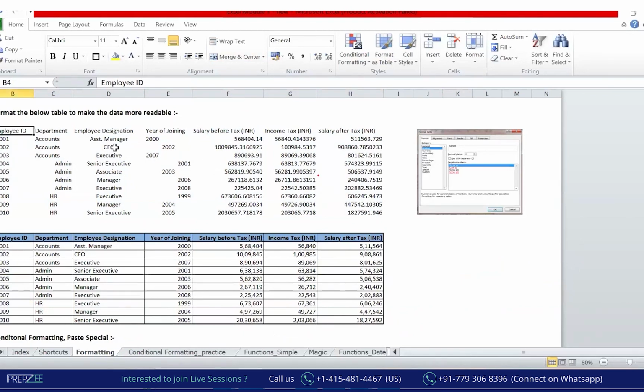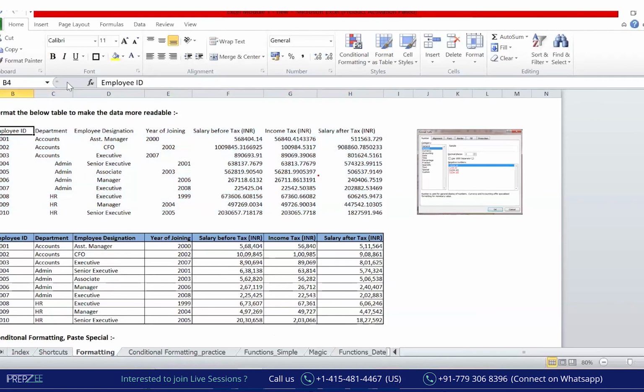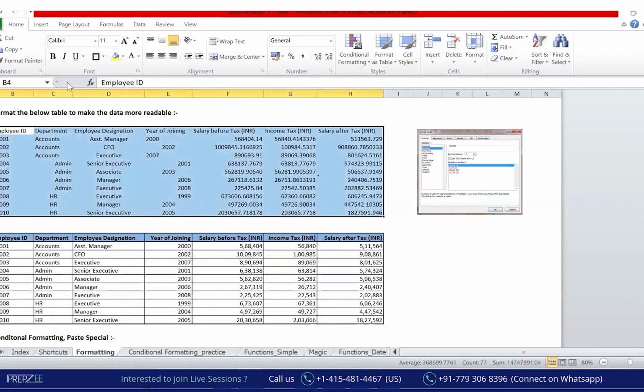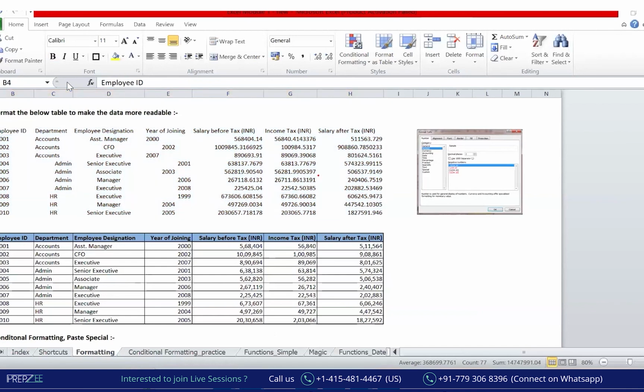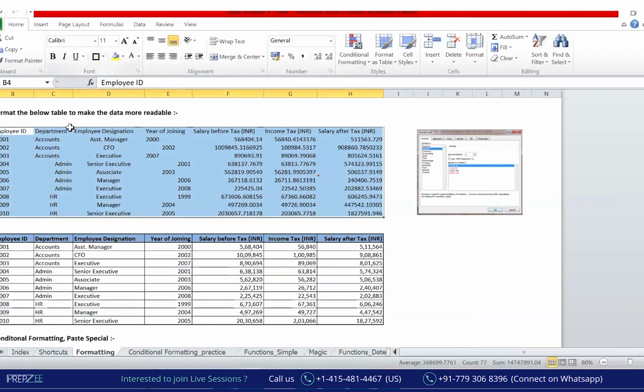So don't just select the cells one after another. Use the shortcuts, Control Shift Enter for the whole table. Got my point? Like I'm here, Shift Control, done. Selected. Whole table selected in a single go. Clear? So try to make sure that you are using the shortcuts and getting that formatted like the way I